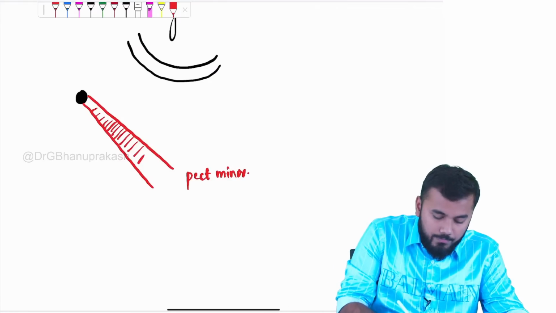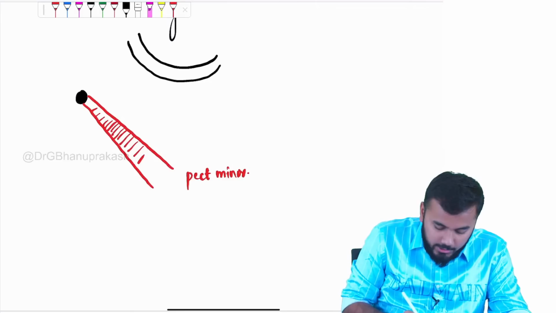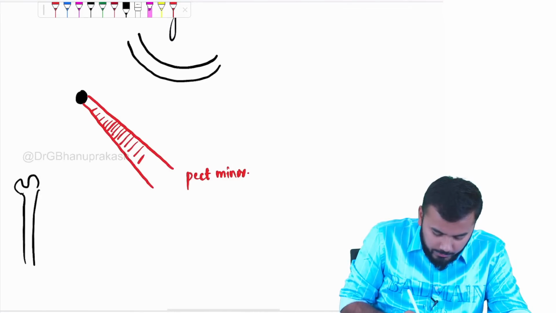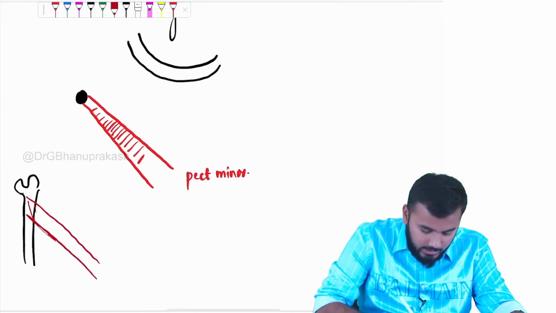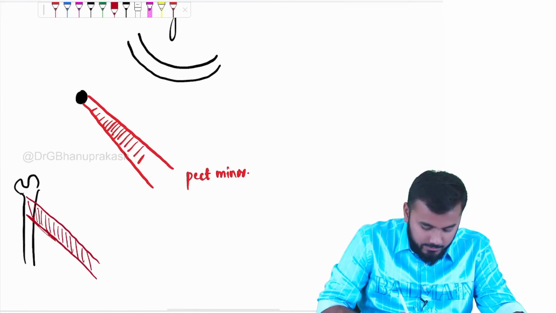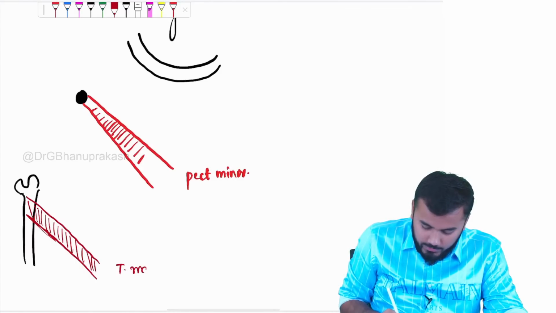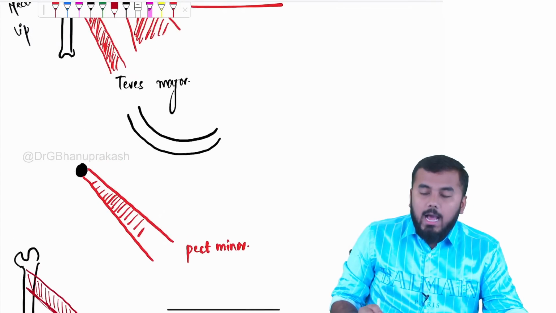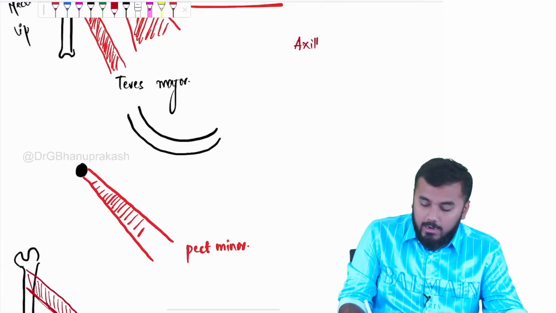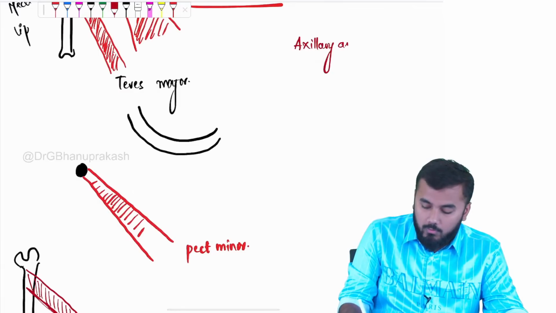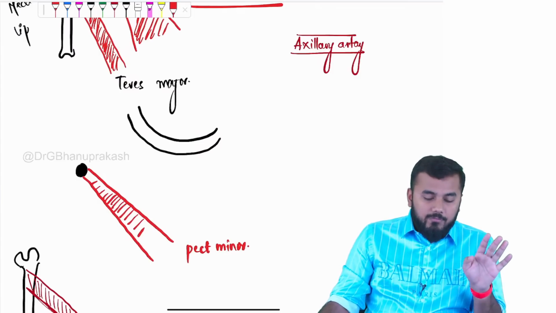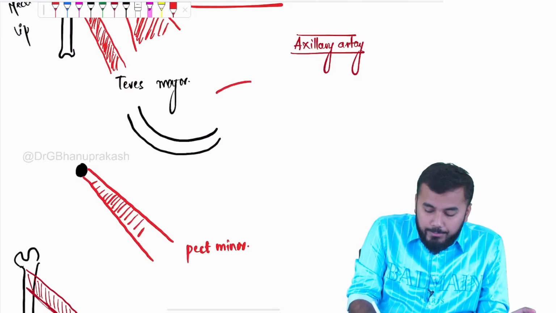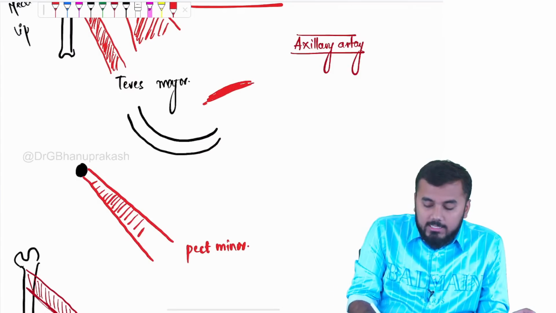After that also, from the humerus bone, exactly from the medial lip, we have got another muscle that is called teres major. So, what are the branches of axillary artery? What I am trying to teach you till now is that axillary artery has got many branches. But first of all, you should know that this branch which is coming down like this is called subclavian